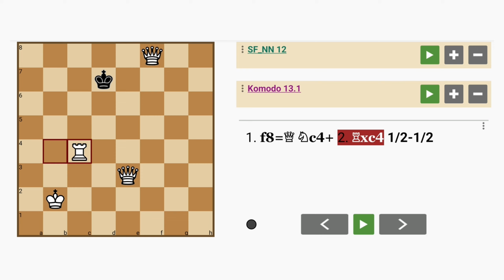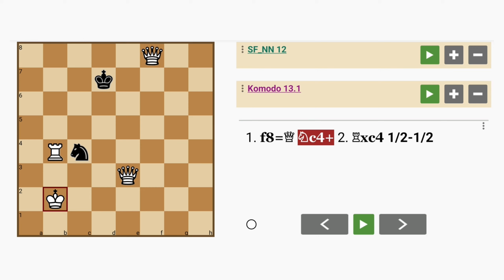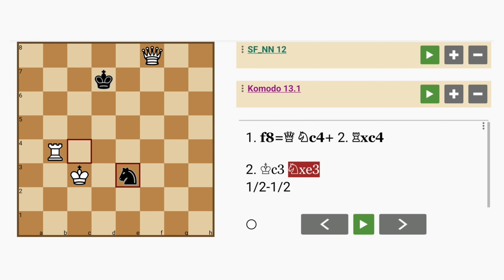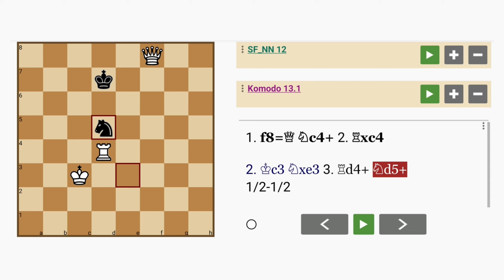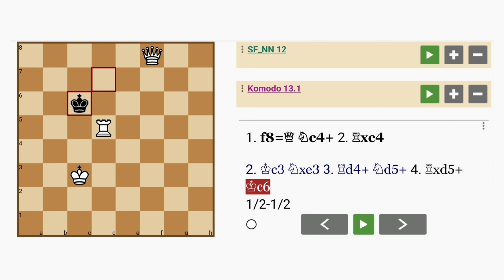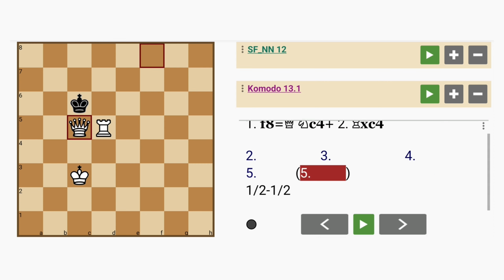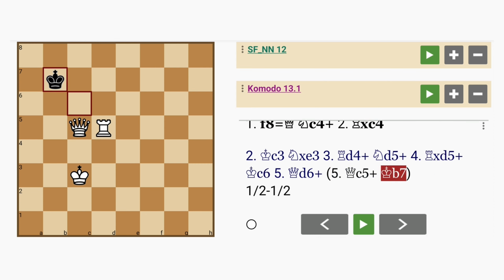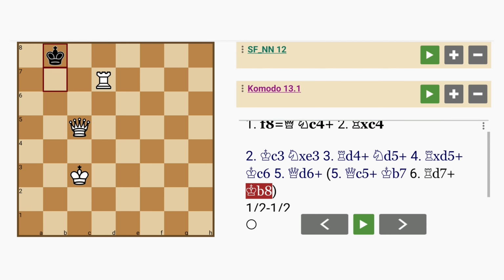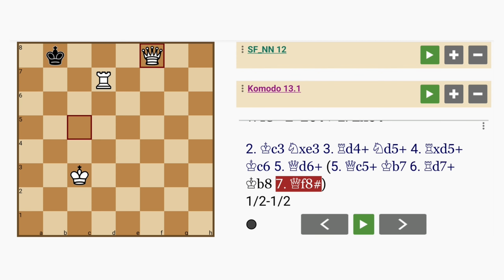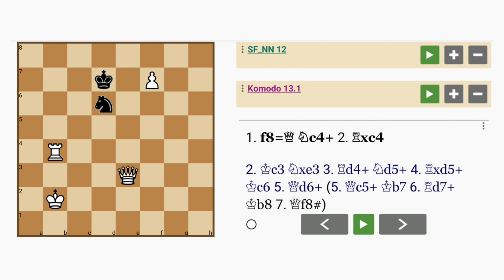Now if rook captures knight, this is a stalemate. So white needs to play, for example, maybe king to c3. He loses the queen, but it's okay. We have another: rook to d4 check, knight to d5 intervening, rook captures knight, king to c6, making a run for it, queen to c5 check, king to b7, rook to d7 check, king to b8, queen to f8 mates on the 7th move. So the better way to play, the most efficient way, is actually to underpromote to a